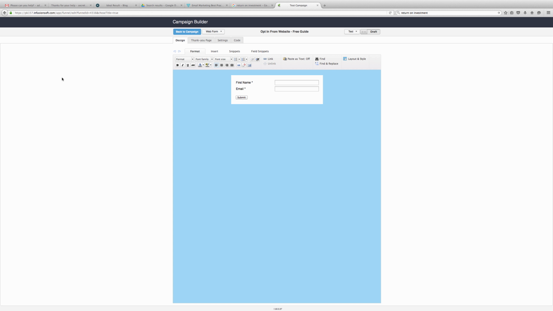So this is where it says design at the top. This is what we're asking for. Okay, so this is what we're asking the customer for. So at the moment I'm asking for first name and email. Alright, I want to ask for different things. It's really simple. All I'm going to do is go to snippets, field snippets, and let's say I also want their phone number. Drag that, just drop it in there